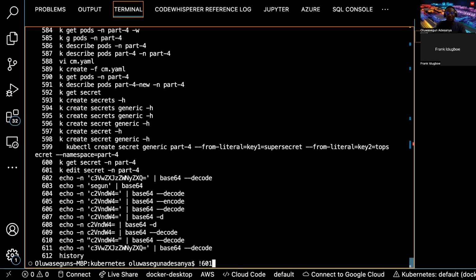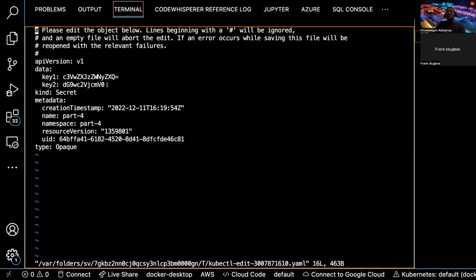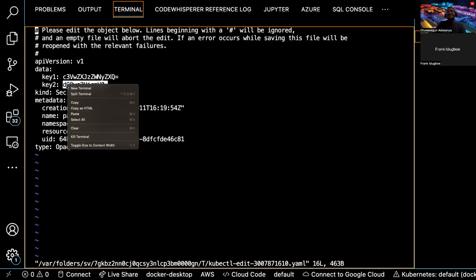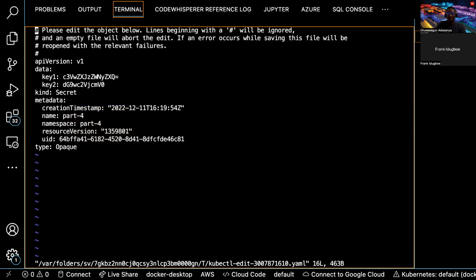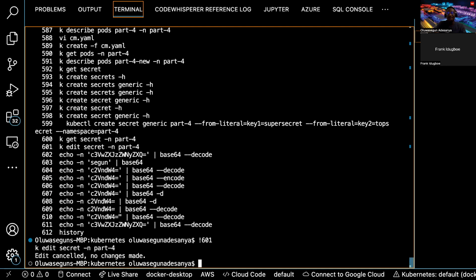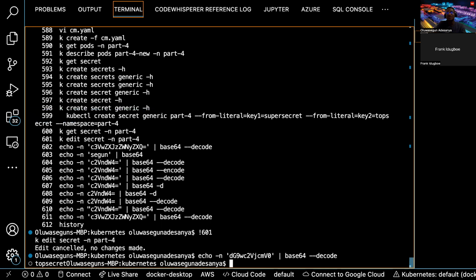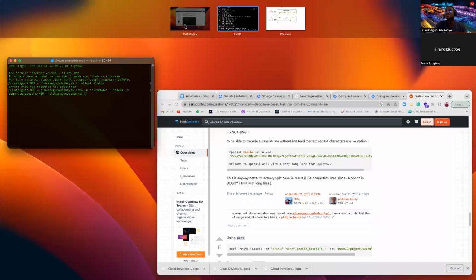601-601. So this is the second one. Let's try and get this. Let's just use the same command. Let's remove this. So it's working, just that we didn't see it. So second one is top secrets, you can see. So that's how we create our secret. So here you put our secret username and password. So when you want to do it, just like I showed us, it's going to be